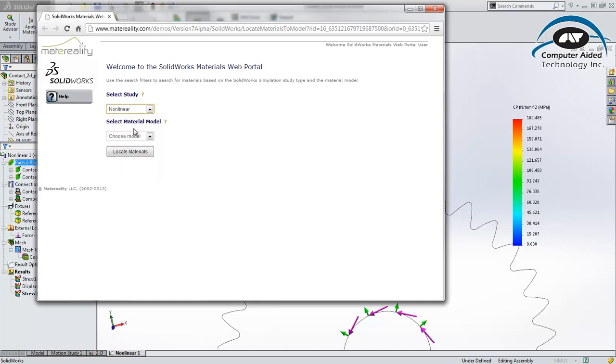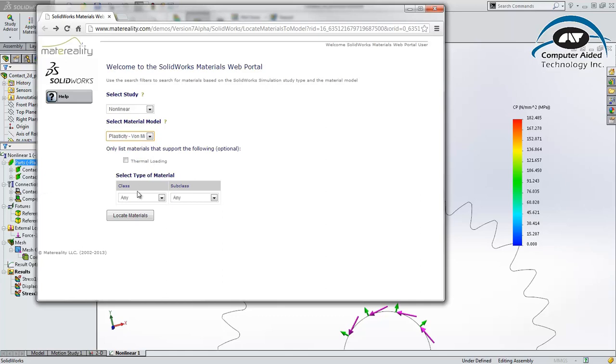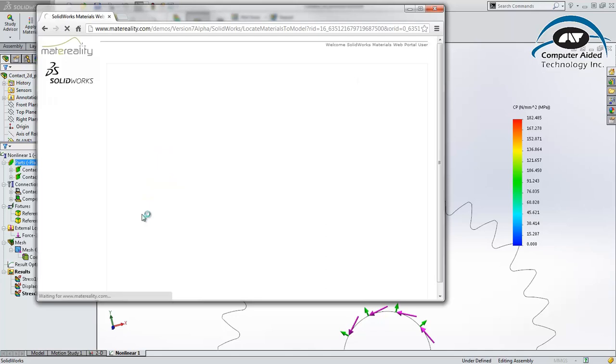In this case, I'm going to do a nonlinear. So we pick the material model that we're interested in, such as plasticity, von Mises, or hyperelastic. Then we choose whether we want a subclass of materials, and then any further subclasses. So for example, maybe we're interested in plastics, select locate materials, and materiality will come back with a very extensive